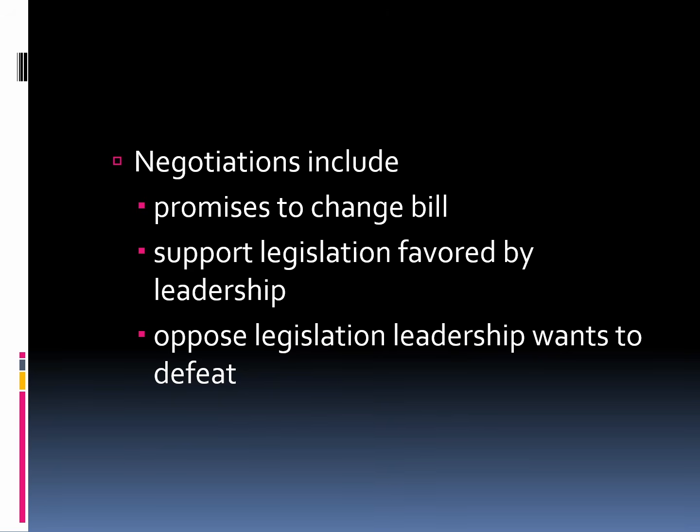And so it's going to be changed in the way that the legislative leadership is going to be supportive of it. So it's got to be favored by the legislative leadership. And if it's opposed by the legislative leadership, then it's going to be defeated. So, as I said, there's a lot of political brokering, that's what it's called, a lot of compromise that goes on. And so you should be getting the idea already that the legislative leadership is very powerful in that way, because whether or not these legislators are supportive of the legislative leadership is going to define whether or not they're going to be successful legislators in getting legislation passed.